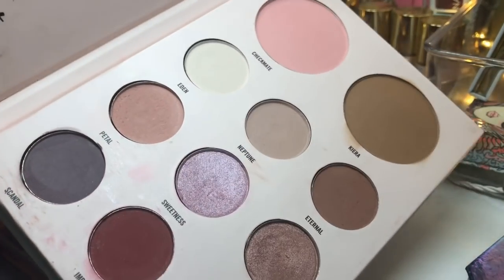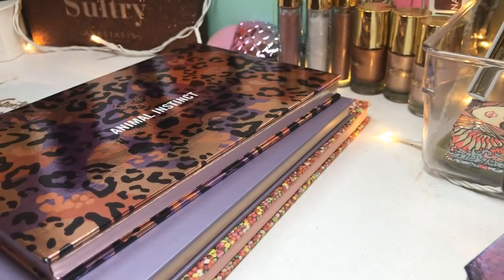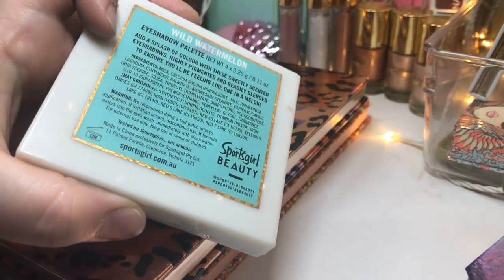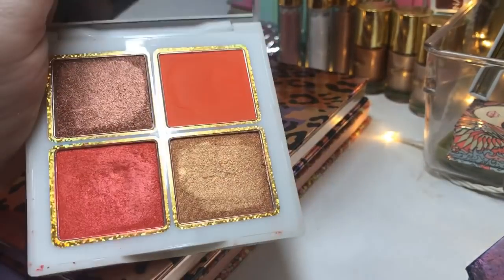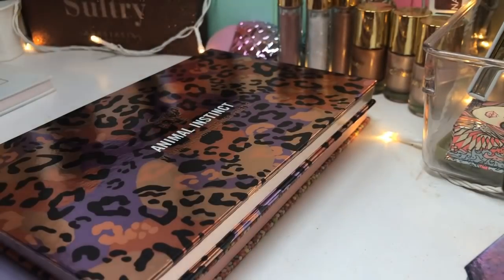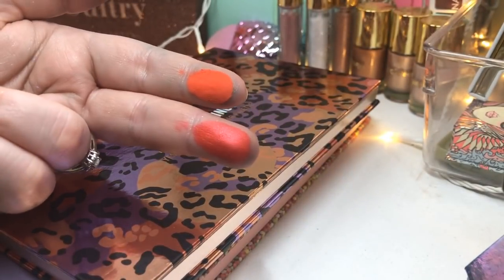So I have this one. This is the Everything's Rosy palette. I absolutely adore the color scheme of this. It's beautiful, but you cannot get this one anymore, so I'm not going to talk about it too much. I have this little Sports Girl Beauty Wild Watermelon Quad. You can still get this, I believe. It is beautiful. It is literally the only quad I own, and it is such a unique color scheme. I got it basically for these two bright shades because I didn't have anything like them in my collection, and I'm gonna keep this palette for a really long time